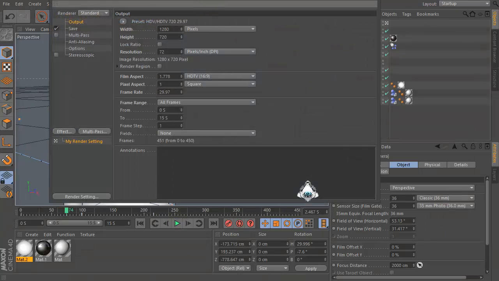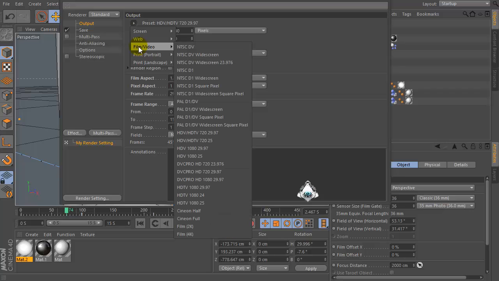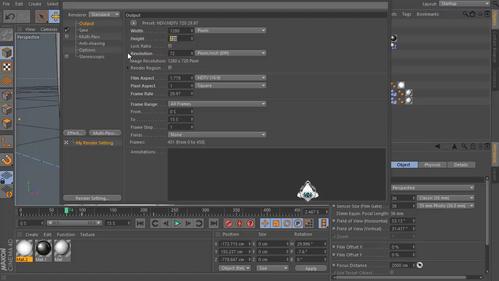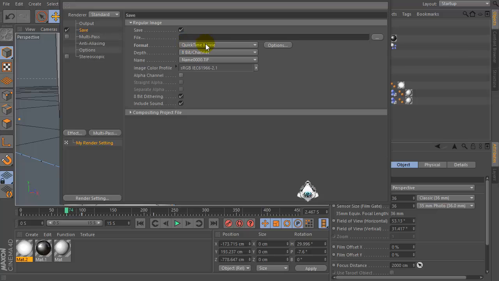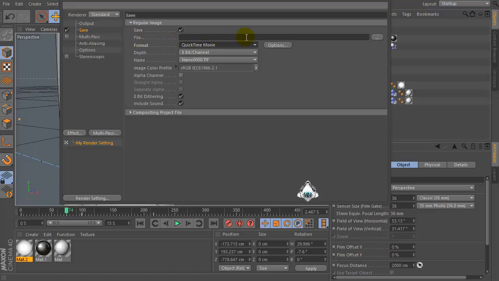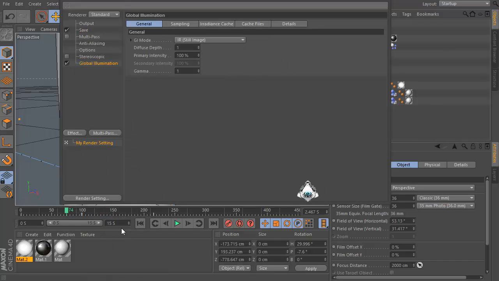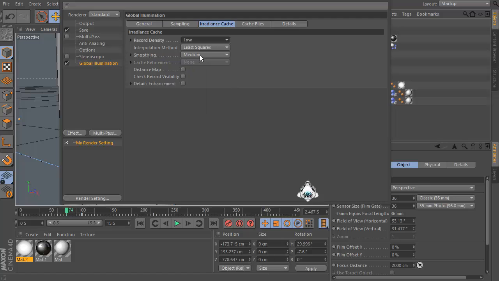Okay, now let's go to the render settings and set Output to Film Video HDTV, Frame Range to All Frames, and save. Set Format to QuickTime Movie or AVI. Then let's go to the Effect menu and add Global Illumination. Set low settings, for example,